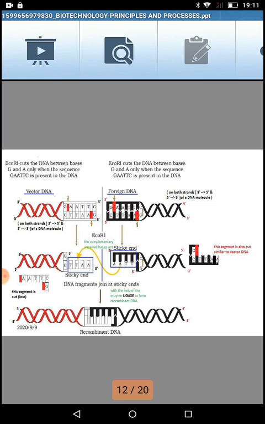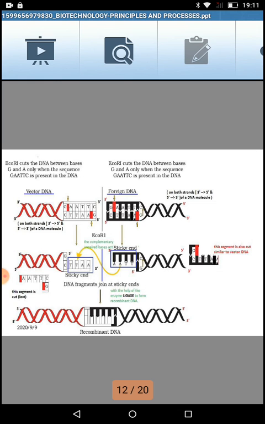Now, in this case, what is happening? The TTAA, the upper segment, the attachment of the complementary bases is now gone. So they are open and ready to attach. There are no complementary bases now, so those ends are open ends. They are ready to attach with any other complementary base pairs which are coming. Such ends we call sticky ends.